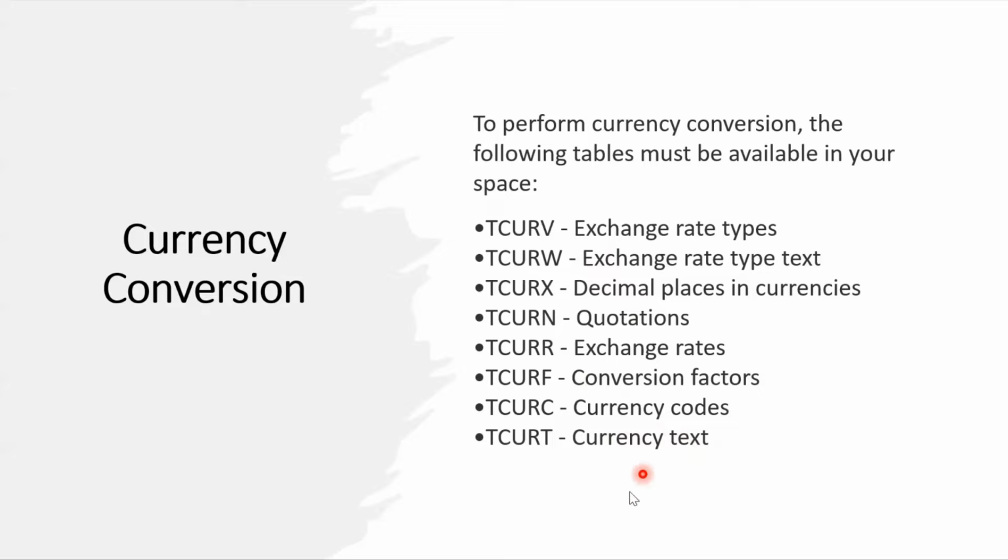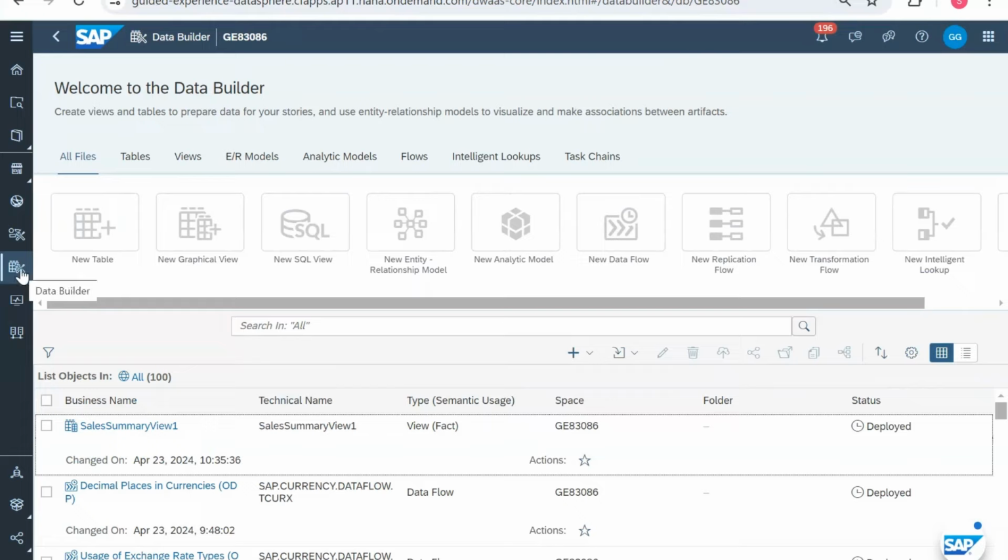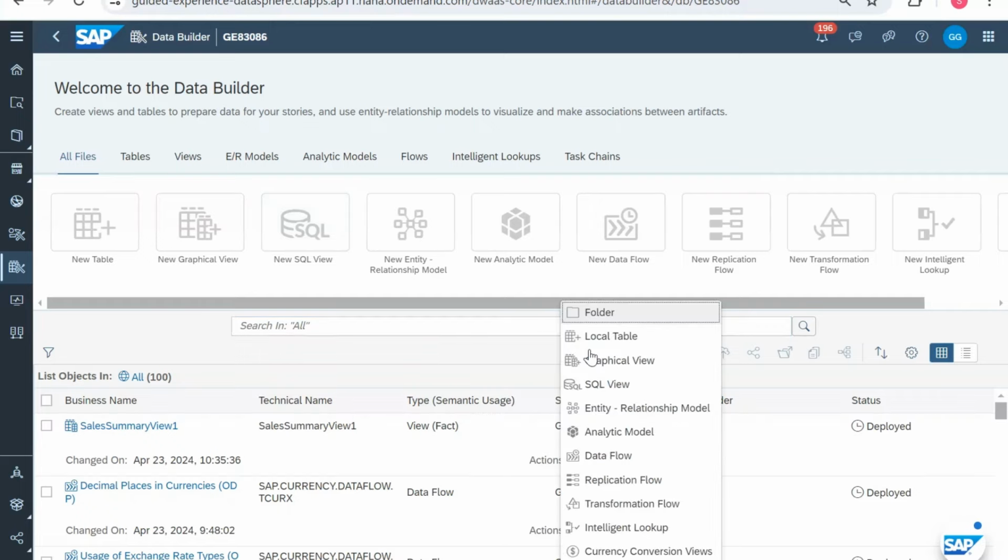If you want to know more about this, there are a couple of blogs by SAP which you can refer to. Okay, we will move to the demo session. So now we are at the data builder screen, and here how we can configure our currency is we need to click on this create button, and here you can see currency conversion views. If you click on it,